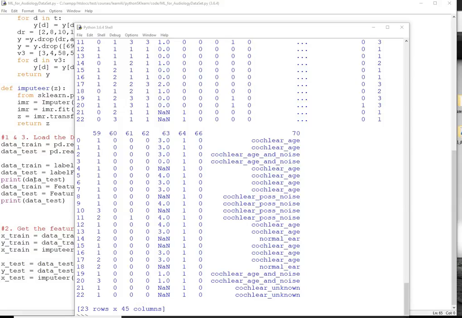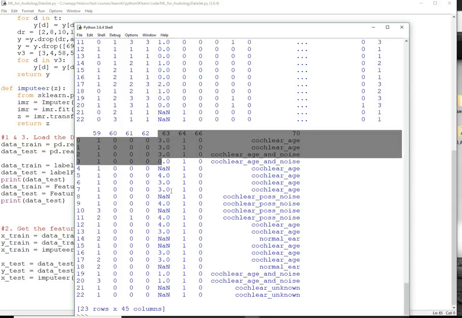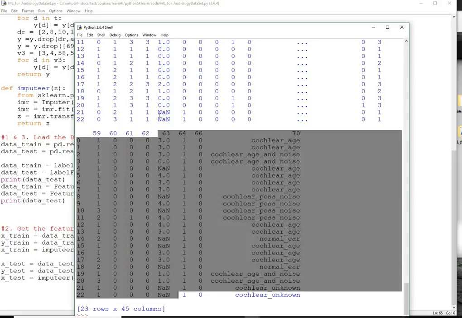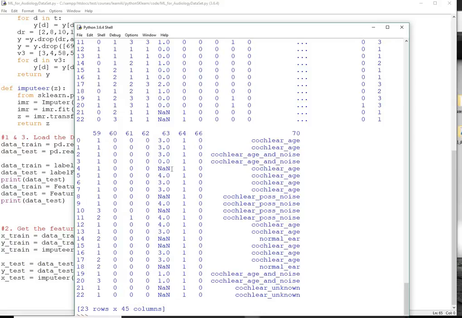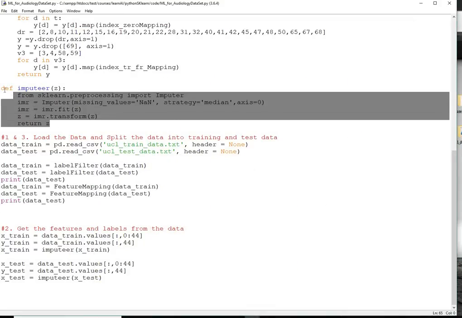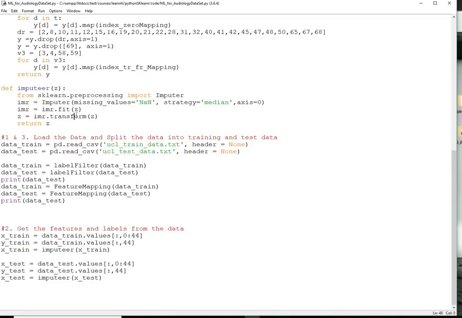So we were in this state till our last video where we did the feature mapping. Now in this video we'll discuss how to deal with these NaN values. For that I've written this small function called imputer. Then we will be using the imputer function from the sklearn preprocessing